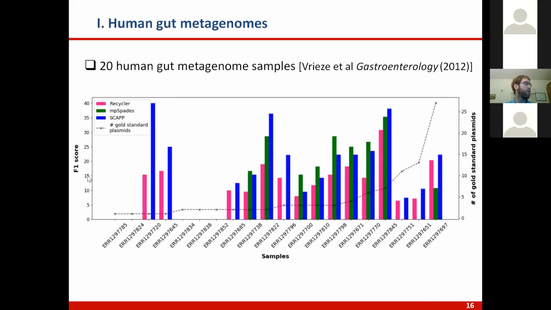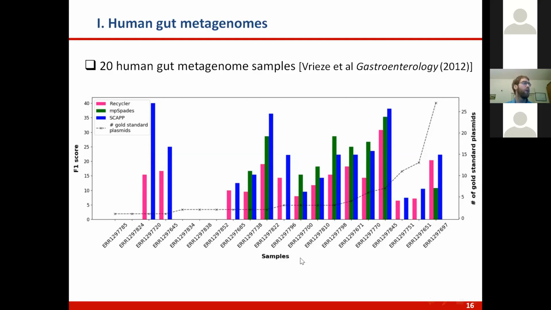So along this axis, I'm showing the F1 score, which is a combination of the precision and recall. And along this axis, I've ordered all of the samples according to the number of plasmids which we expect to find in that sample. So for example, in this final sample here, we have almost 40 plasmids, shown by the dotted line. And the way we've identified this ground truth set of plasmids in a sample is by looking at known plasmids which have been previously sequenced in other experiments,